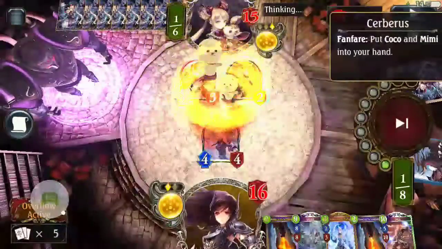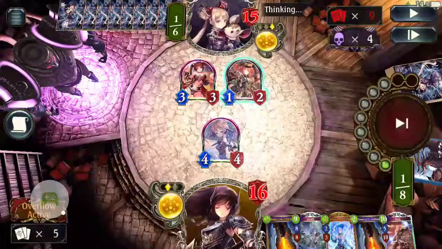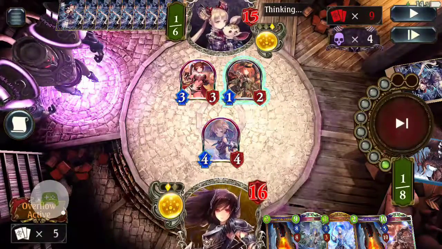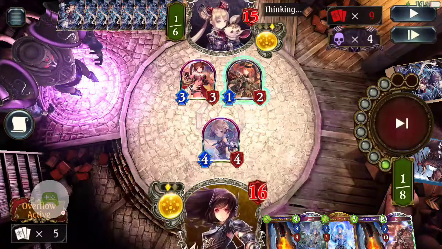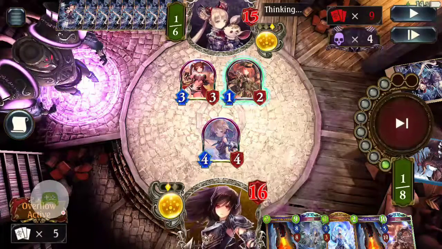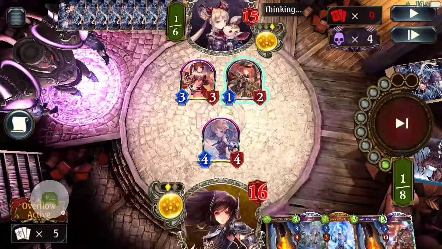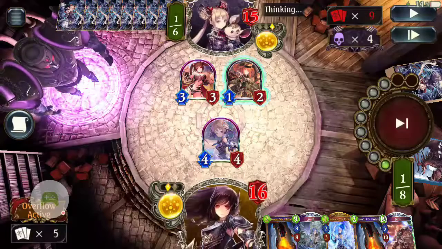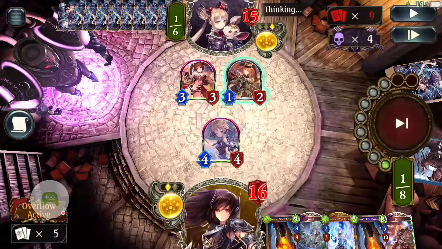Alright, now here, he misplays again somehow. I don't know why he did this in this order. So he knew he was going to play Cerberus, correct? One thing that he should have done is gone Coco first on the Orthrus, so that way he could go Orthrus, Evo, and hit my face for 5. Or conversely, as you'll see in a second, he could have just played out